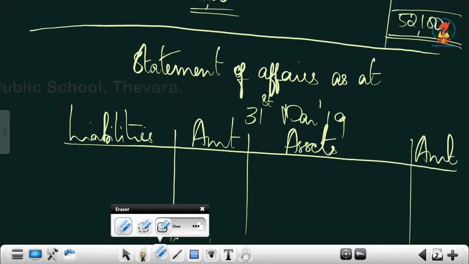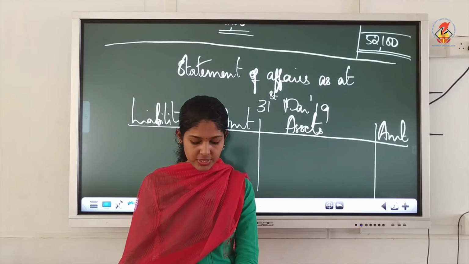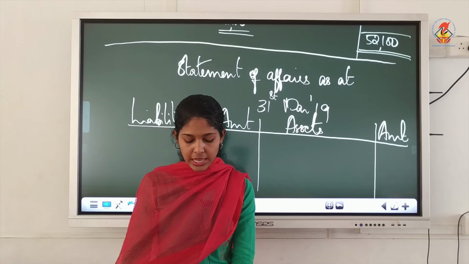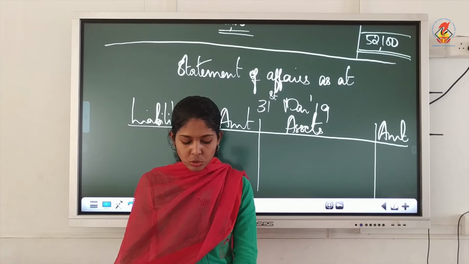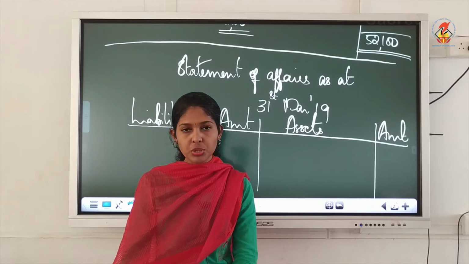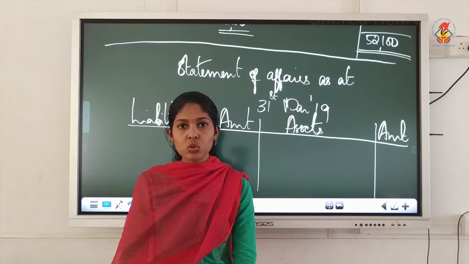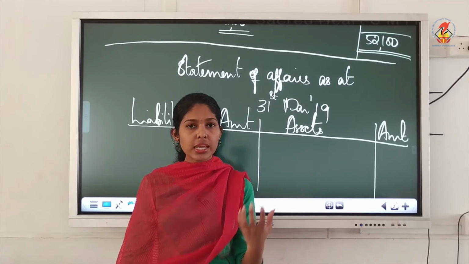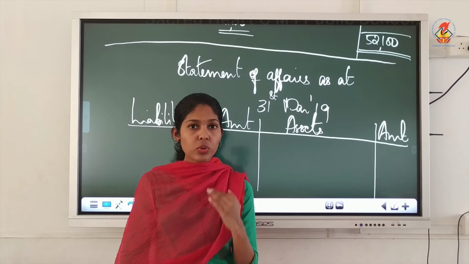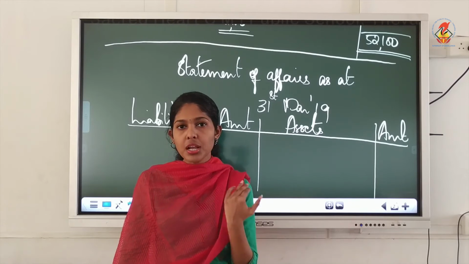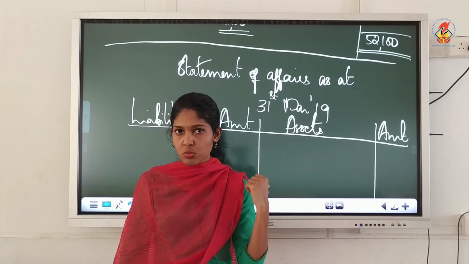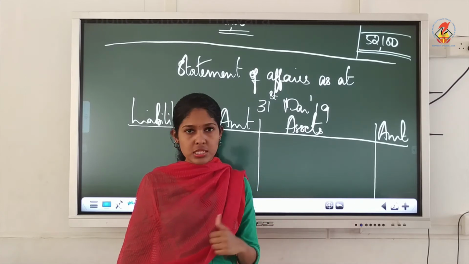Okay, so in that paragraph we have on 31st March 2019 he owed to creditors, that means the liability is given, then paid to Anish 500 in lieu of his loan on 1st October 2018 but paid no interest. That means we had taken a loan from Anish for rupees 1000. Now we paid 500 out of that, and interest we haven't paid, so that interest also we have to compute now in the closing statement.